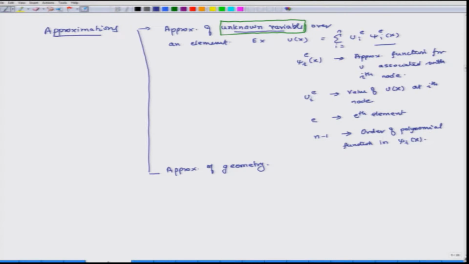Because when we go from x domain to zeta domain, there is some transformation, and that transformation can also be approximated. So, what do we do there? We say that x, so here u was a function of x, but here x itself is getting transformed. So, x is equal to